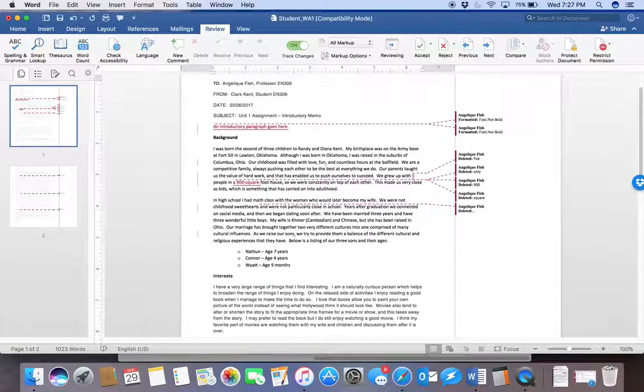Okay, so you want a comma after an introductory expression. So the actual sentence here is, we try to provide them a balance of the different cultural and religious experiences that they have. And then this is the introductory part of it. So, as we raise our sons,